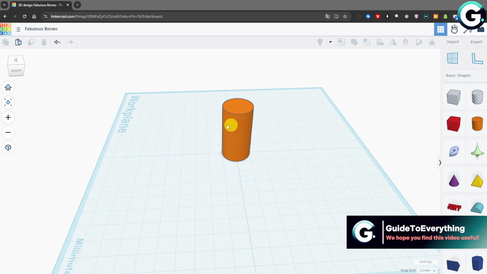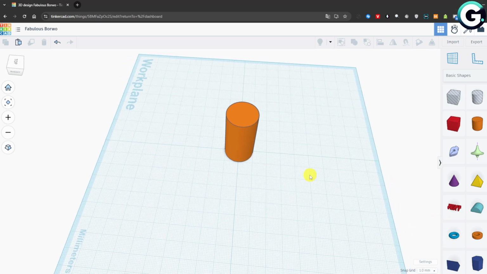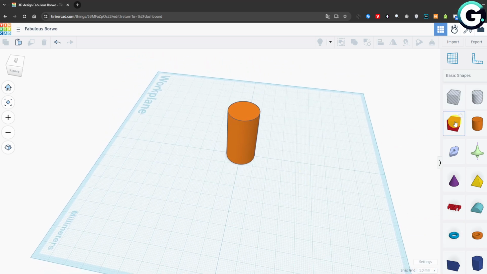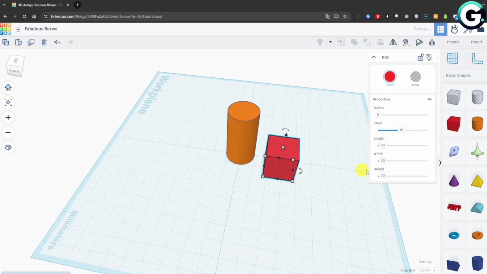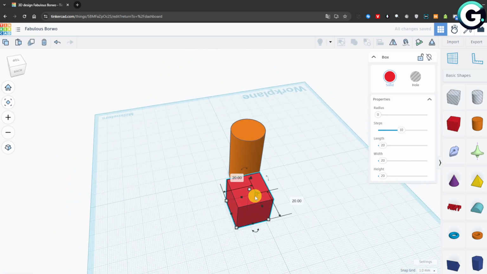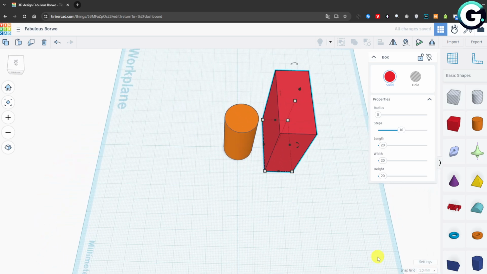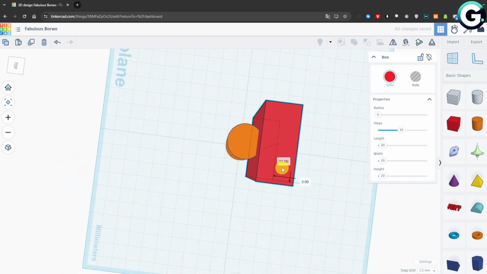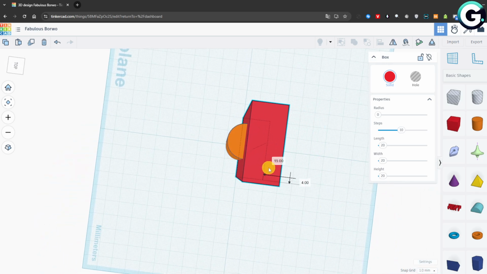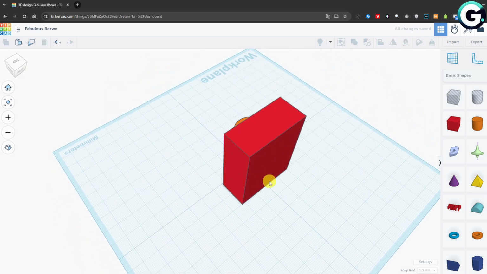So as you can see right here, I have my figure placed on the plane, and now I will take a box figure because it's easier to cut with. You can take any figure that you want, but I prefer the box. Now I'll make it bigger, and as you can see, I will just center it how I want to cut